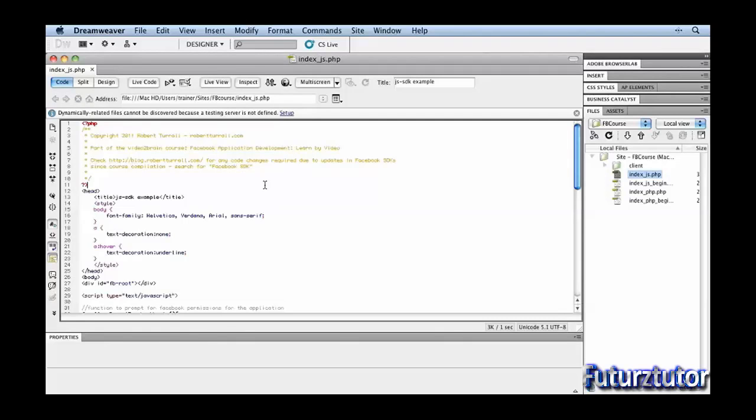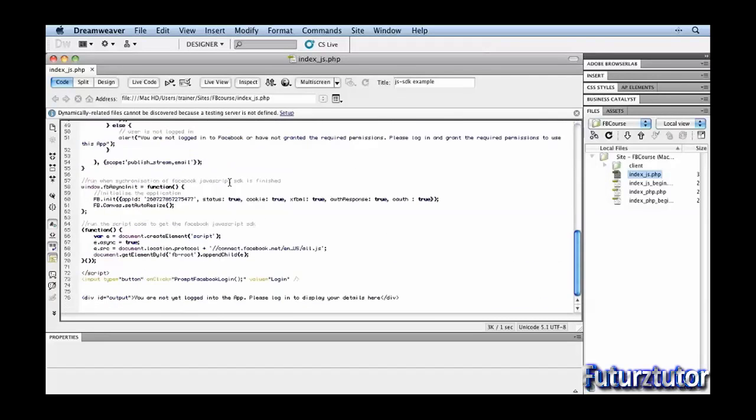We'll start off with the index_js.php we saved at the end of the last JavaScript example, or you can copy the index_js_extended_perms.php file from the project files to use as your starting point for this example. The first thing we're going to do is to add 2 extra buttons to the app. This will allow us to show the different approaches, and we'll add a div in which we'll output the access